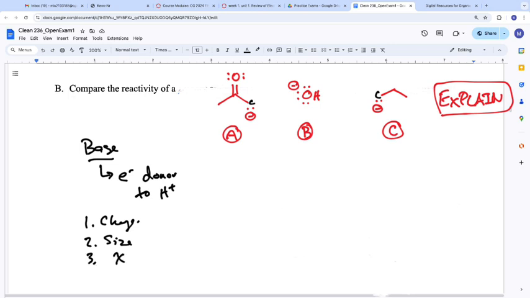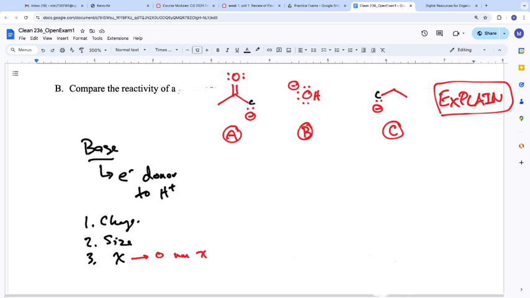Electronegativity. So we use our chi because we don't like writing the word. Okay? The difference we're looking at is carbon versus oxygen. Is there a difference in electronegativity? Oxygen is more electronegative. So what does that mean? There is a difference. What does that difference mean? Different reactivity. What is it doing with its electrons? It's holding them tighter.